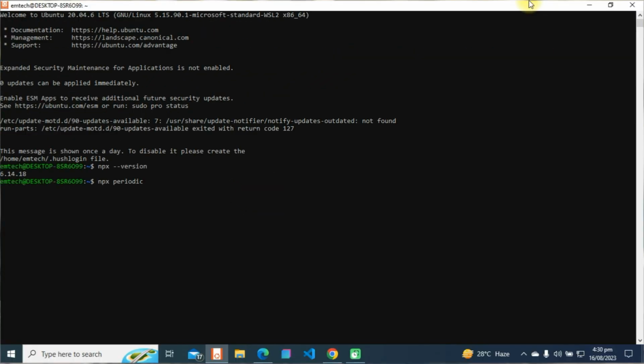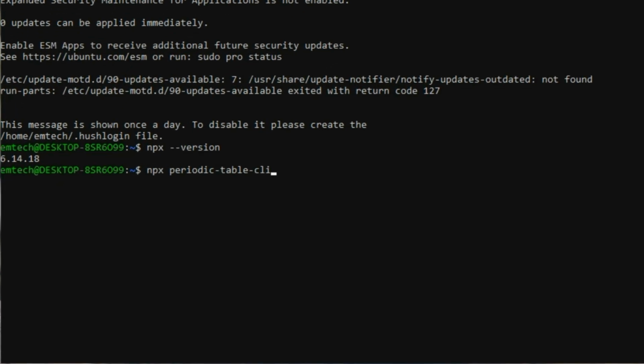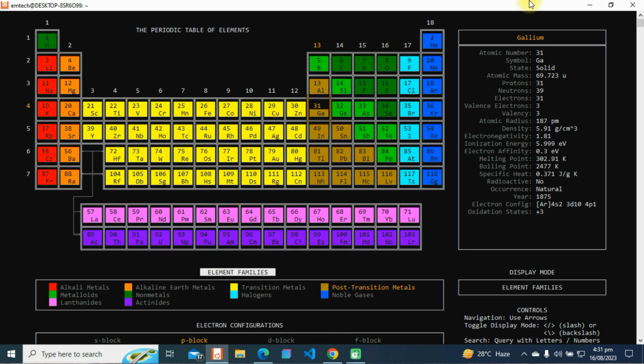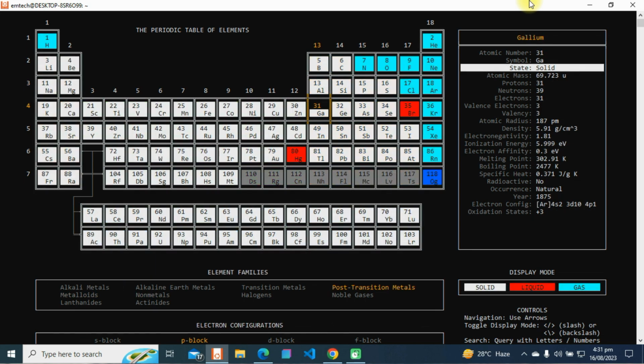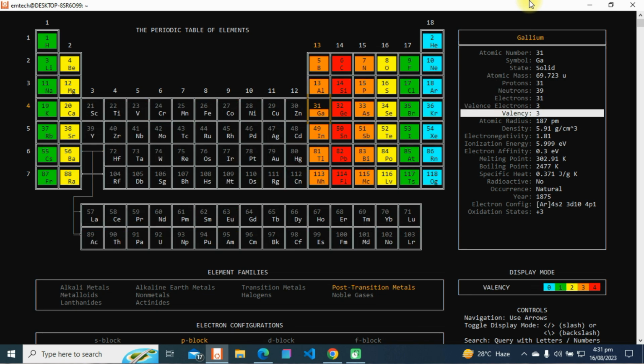Simply run npx periodic-table-cli. And just like that, you'll see the full periodic table rendered in your terminal. The cool thing is, this periodic table is interactive. You can navigate with arrow keys, toggle display modes, and search elements with arrow keys and enter, and quit with Esc or Ctrl+C. So if you need a chemistry reference or just want to impress your friends with a text-based